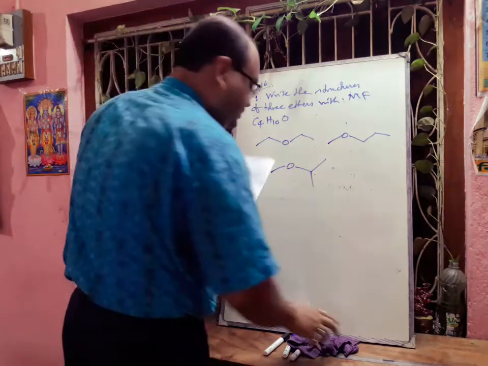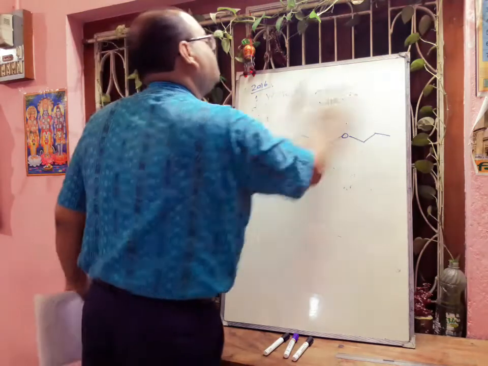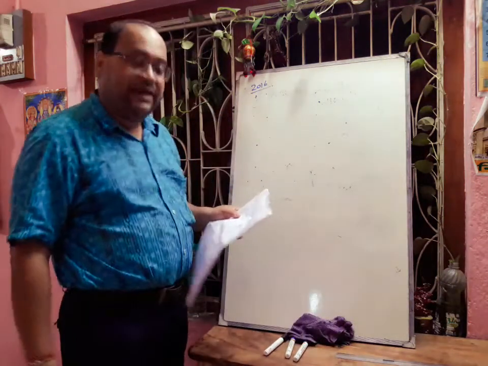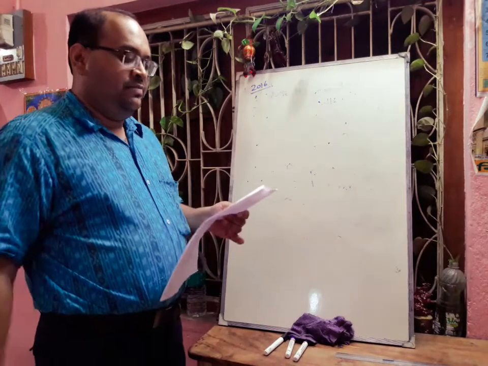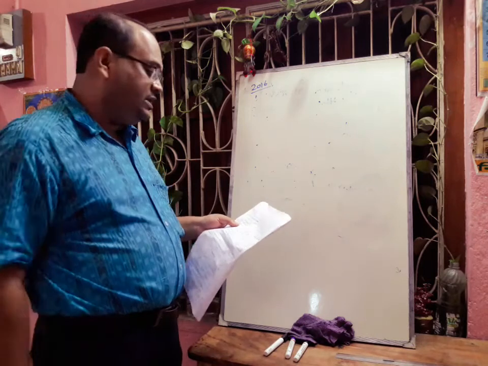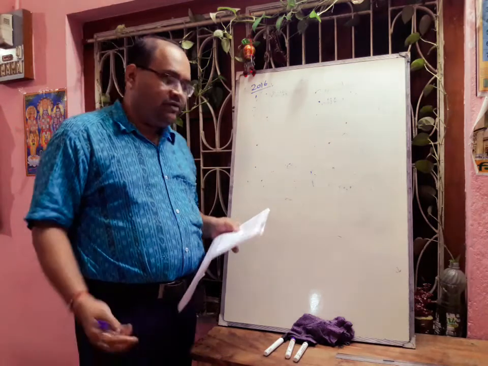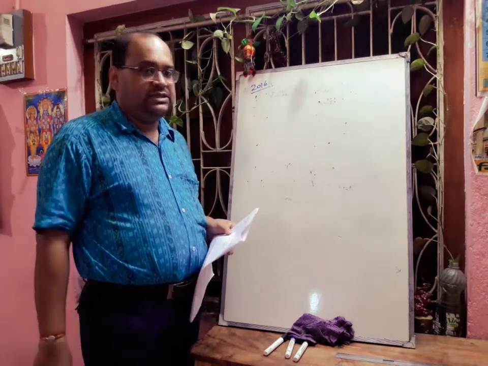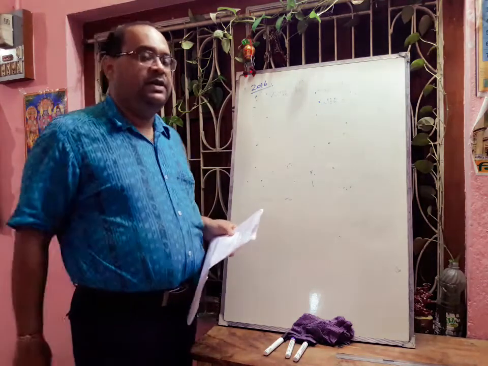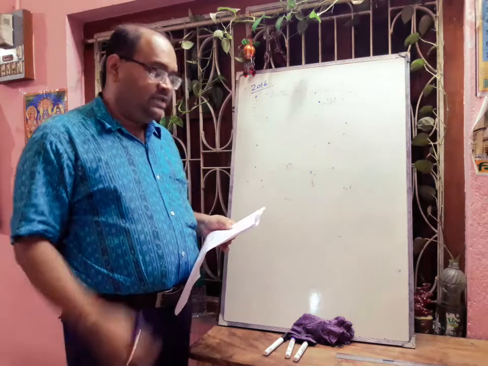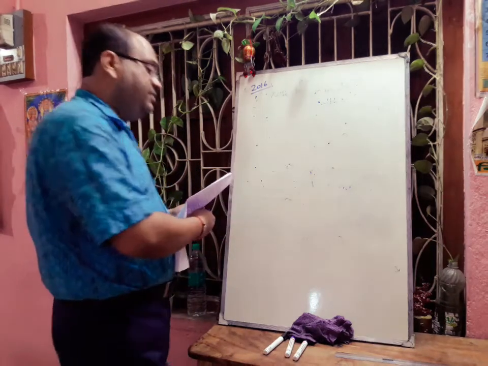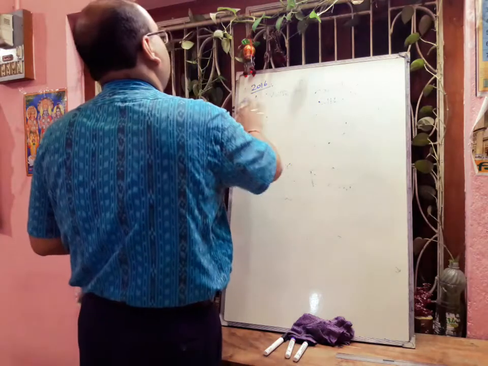Next question is given: give a chemical test to distinguish between dimethyl ether and ethyl alcohol. Definitely it will be a chemical test. So here in case of ethyl alcohol, if we do the iodoform test, it will give a positive result. That means there will be formation of yellow PPT of CHI3, iodoform. But in case of dimethyl ether, it will not respond to the iodoform reaction. Now what is the iodoform reaction? In case of ethanol, that we have already discussed.